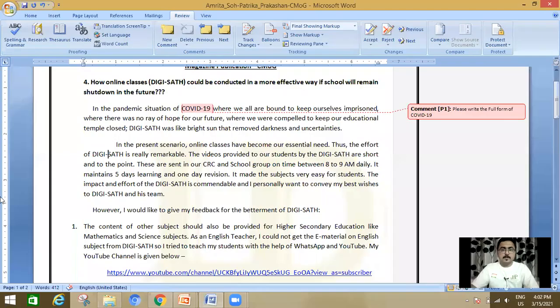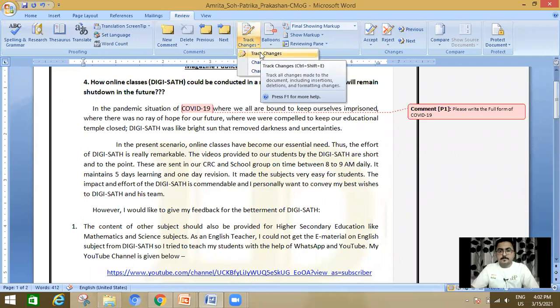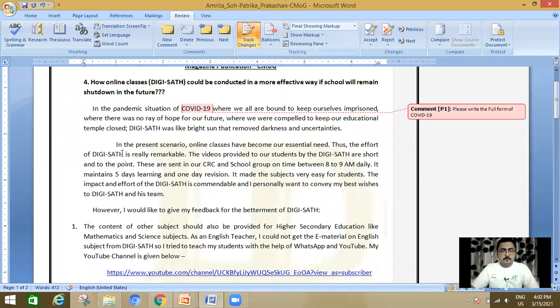For example, click on Review, Track Changes. Now, I'm going to do this in small. Here you can see that if I want to delete this word, it will never disappear, but it is highlighted in some color and struck through.